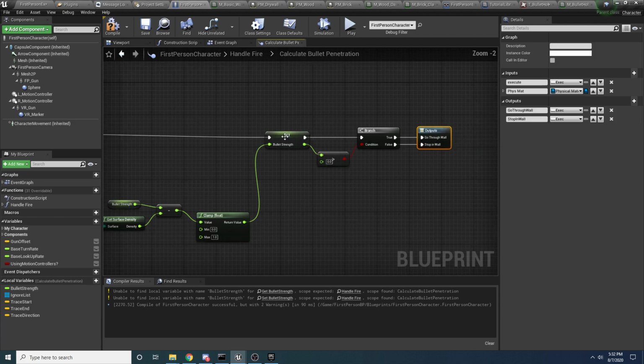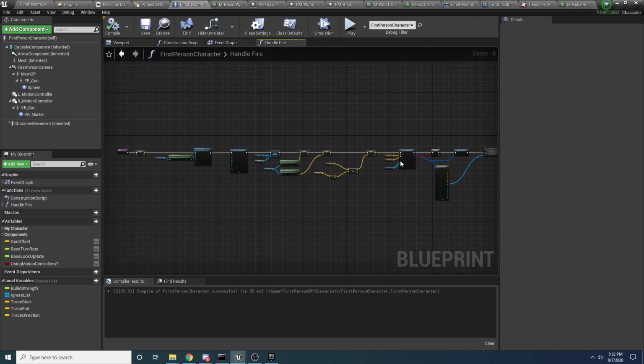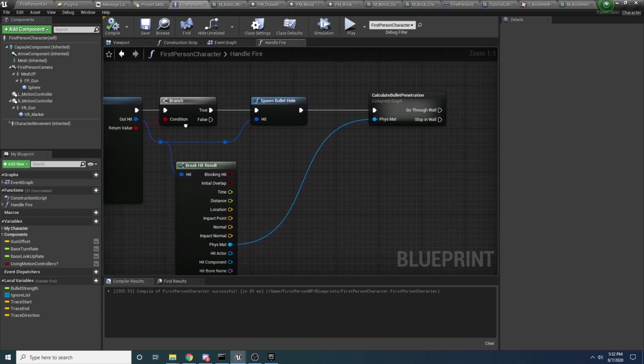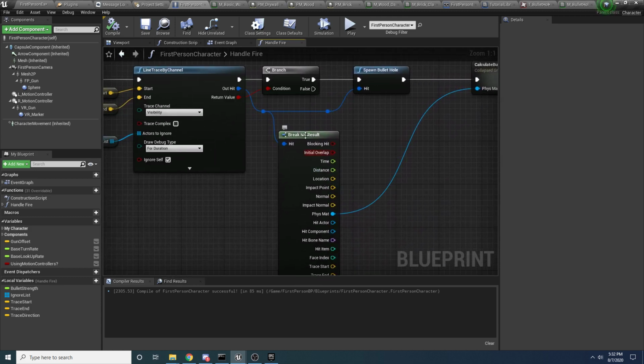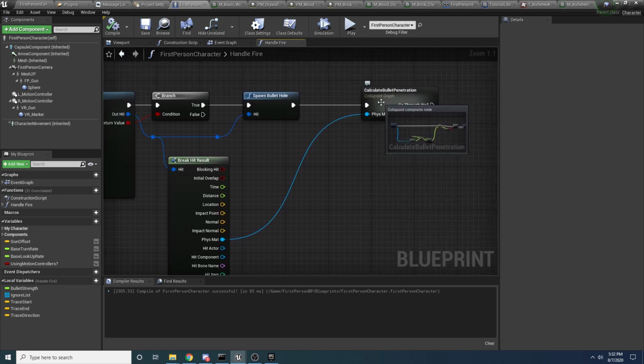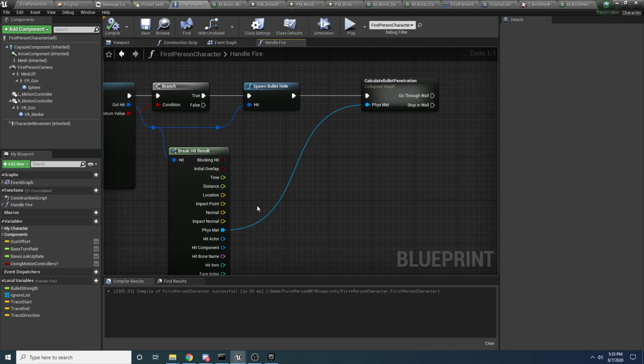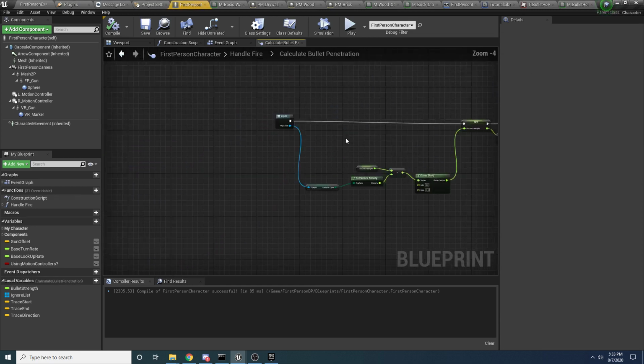Okay, so again, just to recap, let's go back here. This is what your code should look like. After the line trace, it does a branch and it calls spawn bullet hole. And then after spawn bullet hole, it calls our little collapsed node here called calculate bullet penetration. And then off of that, we'll have two options. It's either going to tell us to go through the wall, or it's going to tell us to stop and say, hey, you can no longer go through any more walls. And we want to hook up the physics material to the physics material. And then inside of here,